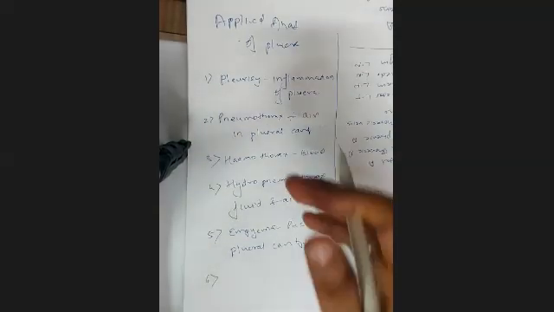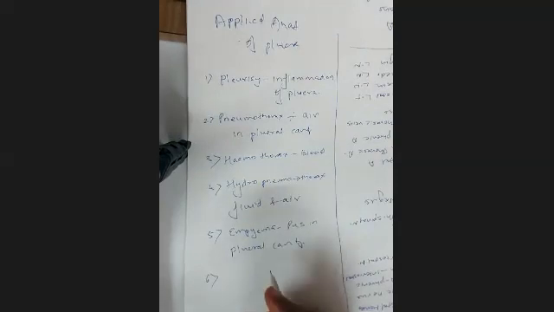Another applied anatomy point you have to write is that whenever we want to aspirate any of this pus or fluid for testing, we normally do it in the 8th intercostal space in the mid axillary line, and the needle is passed in the lower part of the intercostal space, so that the nerves are not damaged.